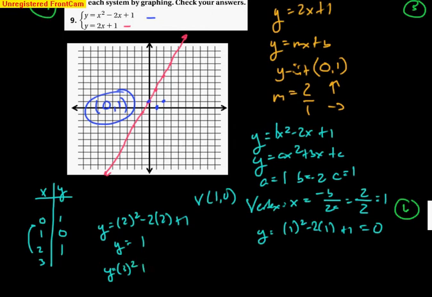Y equals 3 squared minus 2 times 3 plus 1. 9 minus 6 plus 1 is 4. 3, 4 is on this graph, and so is negative 1, 4. And I'll graph those 2 points. 3, 4, and negative 1, 4. And now this is tough, because it is going to cross again, and again, you won't have this on